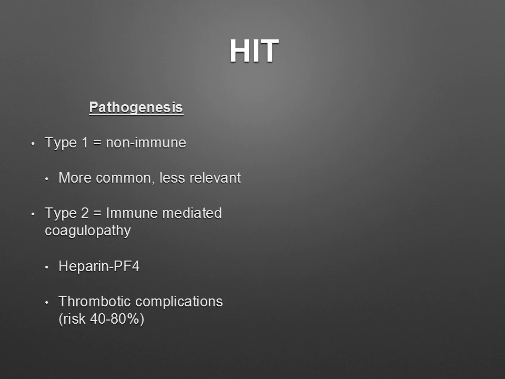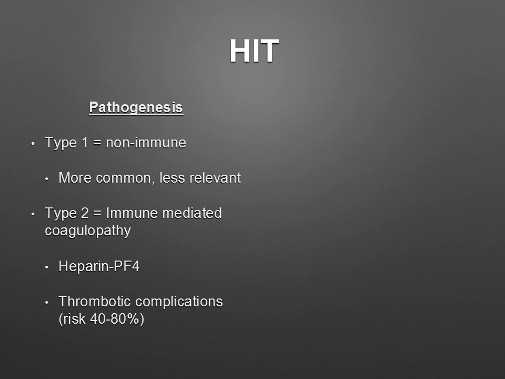So HIT, or heparin-induced thrombocytopenia, there are typically two types that are described. You've got type 1, which is the non-immune, which is certainly more common. It's also known as heparin-associated thrombocytopenia. It's where you see this drop in the platelet count by about 30%. It's certainly more common than the immune-mediated heparin-induced thrombocytopenia, and it's less relevant essentially. So it's worth looking into, and it's almost a diagnosis of exclusion after you've ruled out all the rest of them. The main one that we're talking about with HIT is the type 2, the immune-mediated coagulopathy, which is where